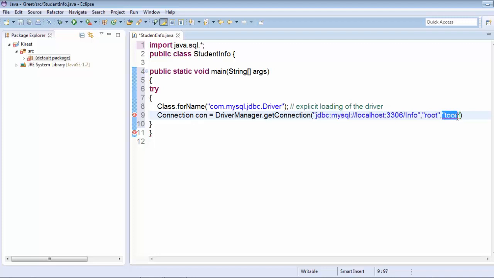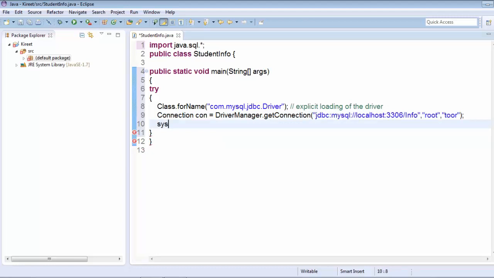Whatever password you created at the time of installation of MySQL, that particular password you have to write here. So this is the particular step for the connection.